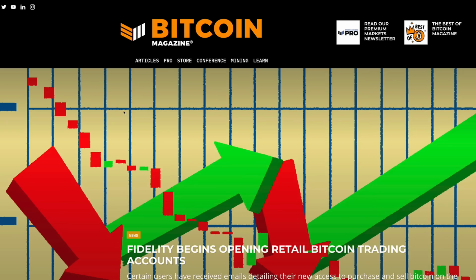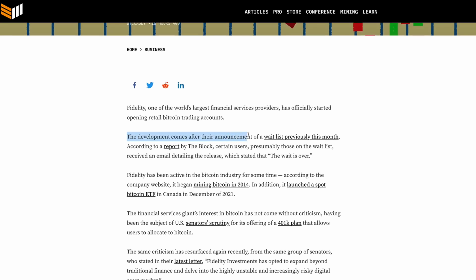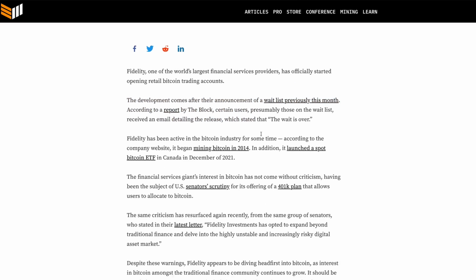So this is specifically for retail traders. The development comes after their announcement of a wait list previously this month. According to a report by The Block, certain users, presumably those on the wait list, received an email detailing the release, which stated the wait is over. So Fidelity